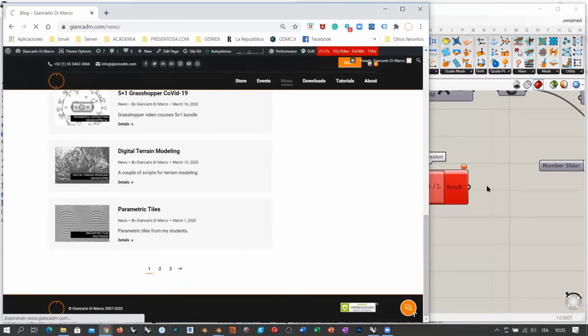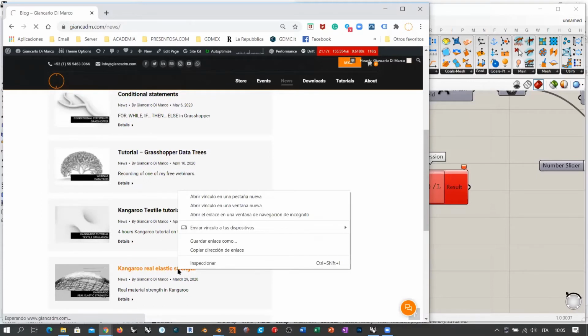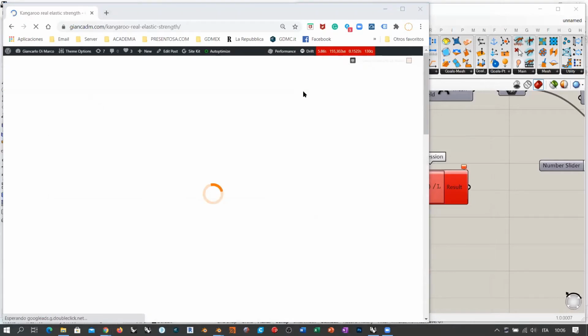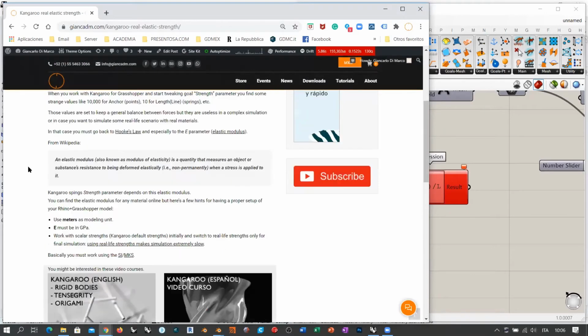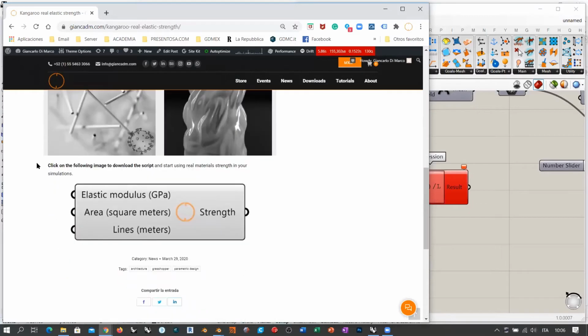Let's go to the next page. Oh no, it's this one, real elastic strength. So let me also copy the link. I'm going to share this in the chat to everyone in the meeting. Okay, it's this. So if you go here, you will see there is the whole explanation of this thing. But here at the end, you can download the script